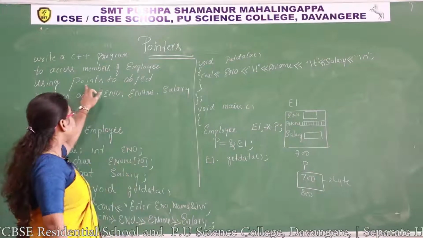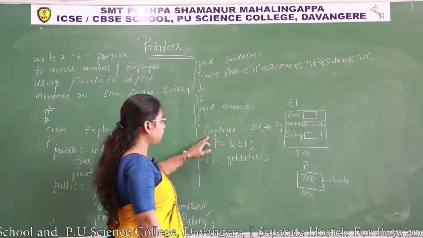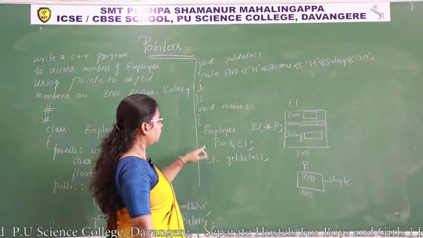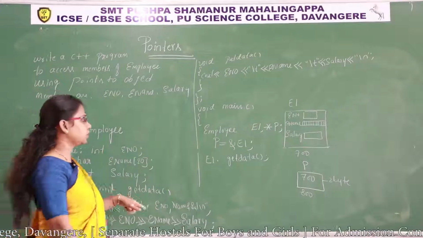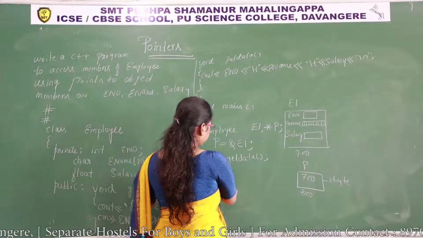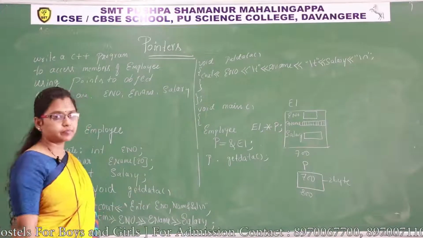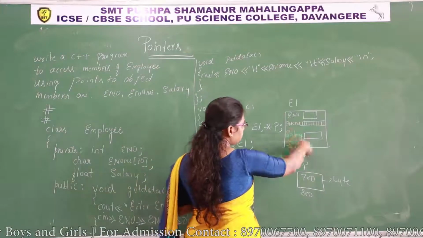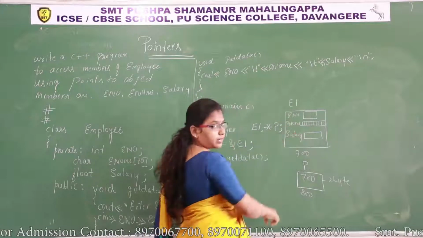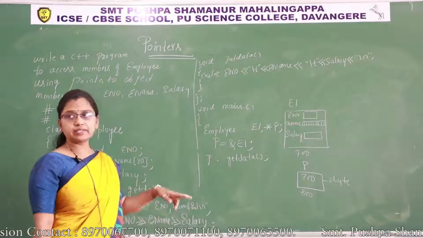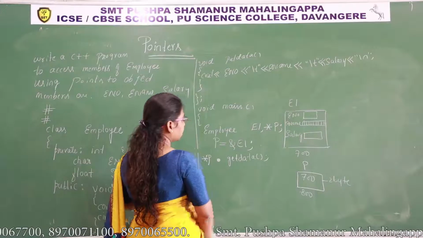But in this question, we have to take a pointer to the object. So we have taken a pointer to the object. Now I have to use this pointer to access a member. How is this pointer equivalent to E1? In what way do we have to write here? If I write only P, what is there in P? 700 is there. I have to move into this memory location, 700, so that it represents what E1 represents. So if I write *P, then it is equivalent to E1. I must write (*P).getdata.